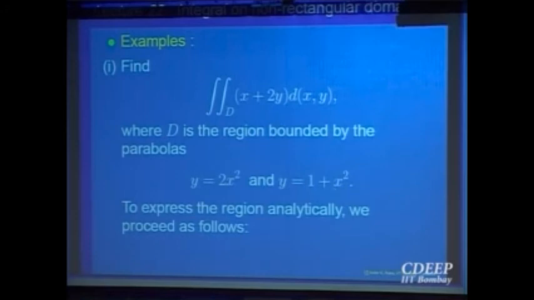So solve these equations, put them equal, solve those equations, find the limits for x, and then try to draw the graphs of these two parabolas. So we have found the limits for x. x varies between this and this. For every point x, it will go from one parabola to the other parabola. So you know how much y varies, from phi 1 of x to phi 2 of x. So that is the way you should go about it.